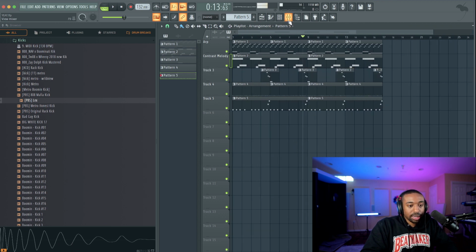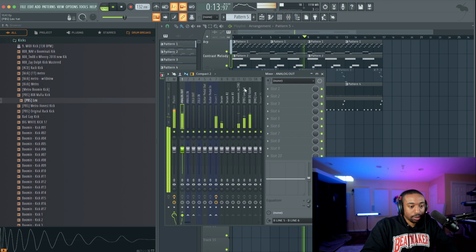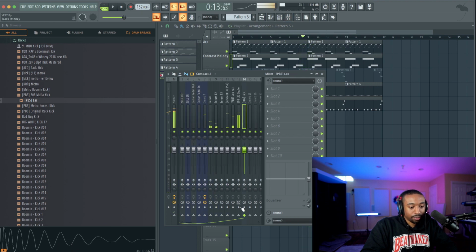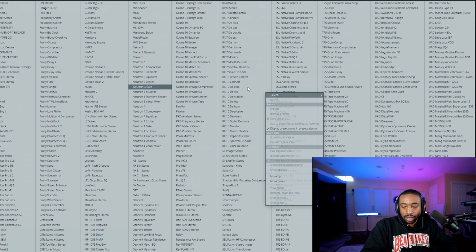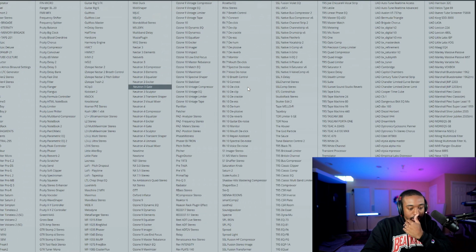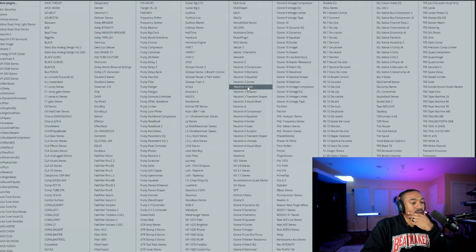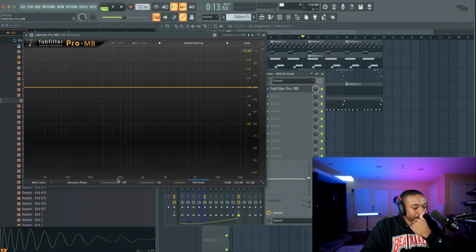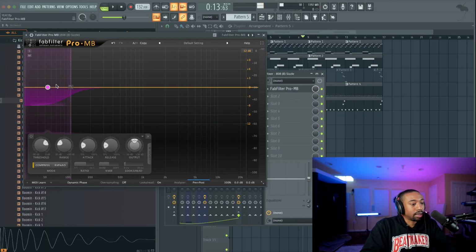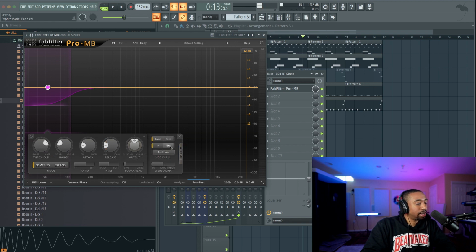So what I'm going to do is set a sidechain from the kick to the 808. I'm going to move a little bit quicker here. We're just going to right click, sidechain to this track. I'm going to open up, actually, darn, I don't have Soothe plugged up. Let's just do FabFilter M. And we're going to set a low boundary here. And then we're going to go to expert mode. I want an external sidechain input.